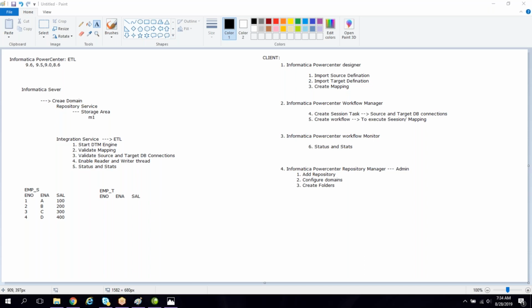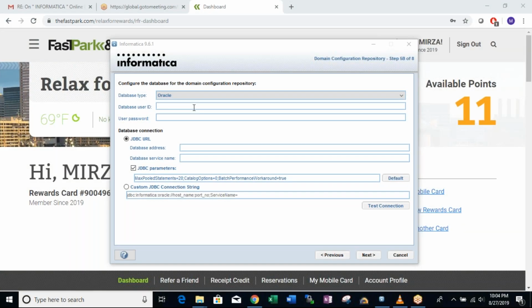Mirza, what is the status? Is the installation done? I'm sorry, actually I forgot the password. I tried system, but it did not work. I don't know why. Okay, can you please share your screen? Yeah. Before that, you can take this screenshot, or since you are already working, you know this.